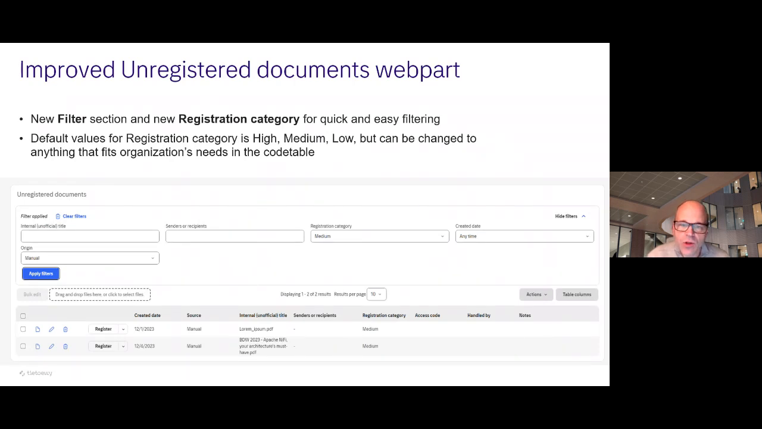The unregistered documents web part has been used more and more during the latest releases. And in version 6, it was launched in this new React version of the web part. Now we have standardized on only this because we have added so much new functionality that the old one is no longer